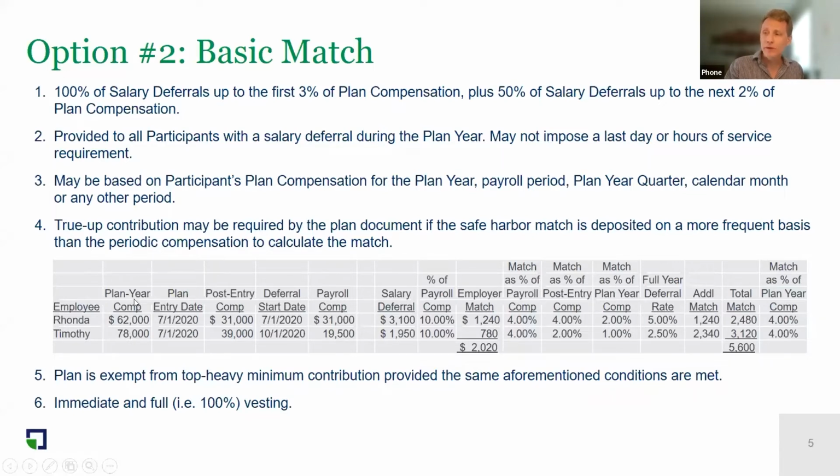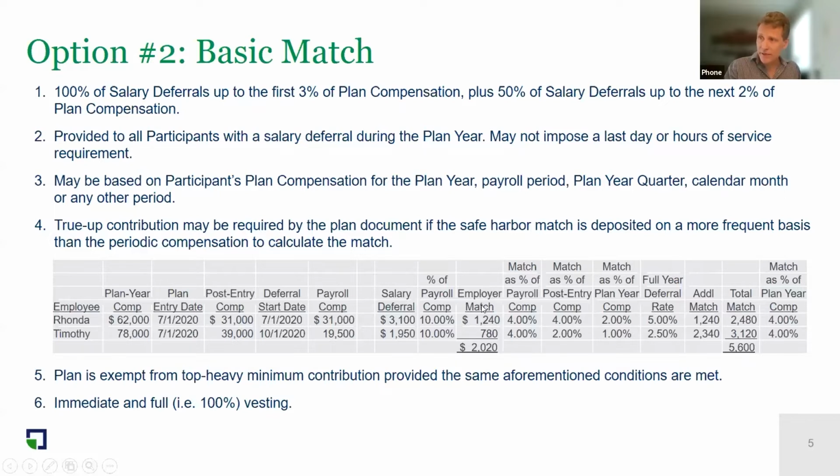Here we have two employees. We have plan year compensation, we have plan entry date, and this is their compensation from their entry date. So they're entering July 1st. So I simply just took 50% of their full plan year comp, okay? And I gave them two different salary deferral starting dates, July 1st and October 1st, okay? And this is their payroll compensation that they're going to be deferring on, okay? Now, if you notice here, once they start deferring off their payroll compensation, they get a total match of 4%, okay? But if you take this